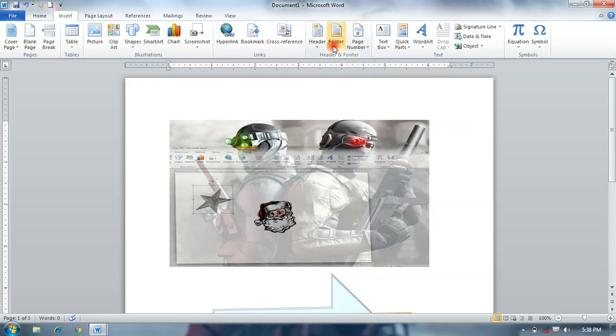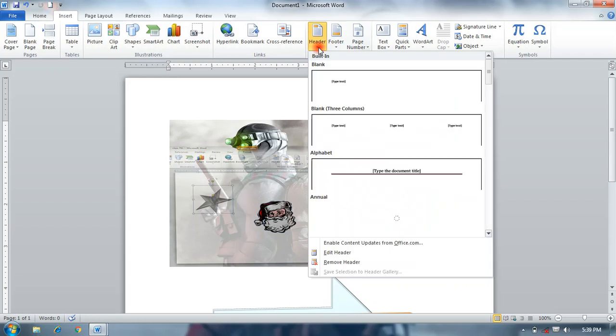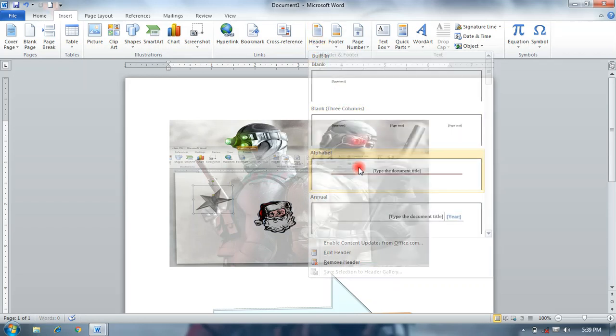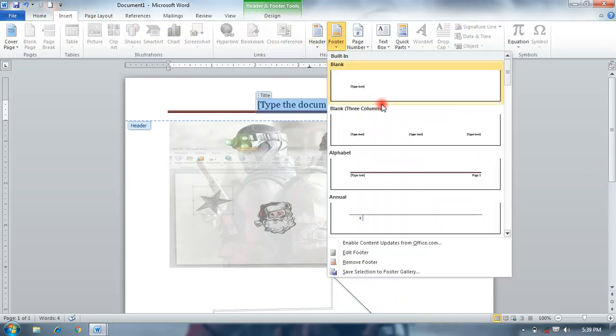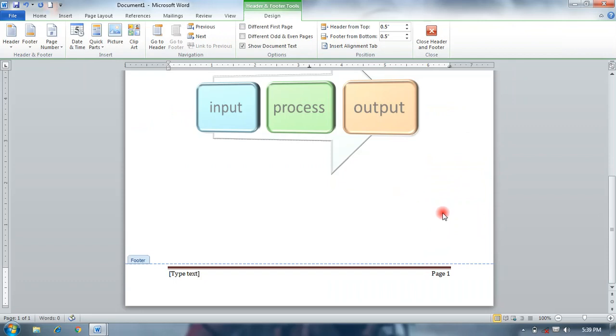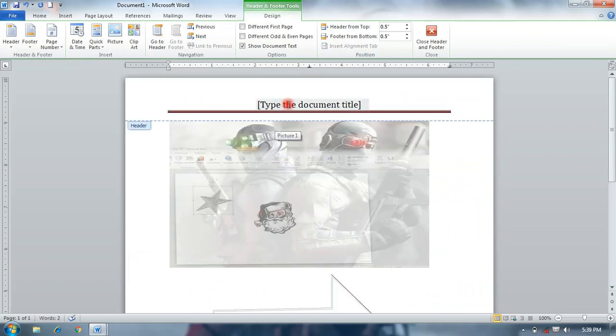Header, footer, page number. Header and footer, these both options are used for applying at the top and bottom of your documents, and there are different types of header and footer. You can select like this, or for the next, the footer, you can select this. So you can see this is the footer and this is the header, or you can type your project name or document title.